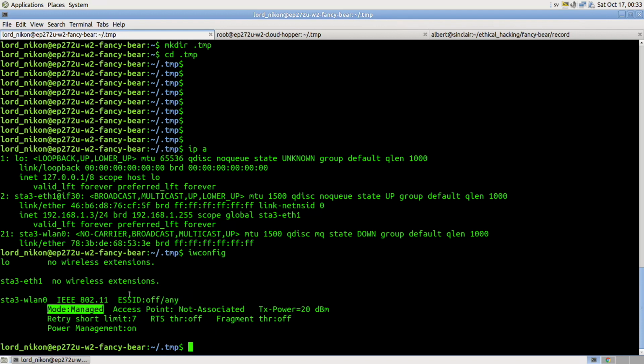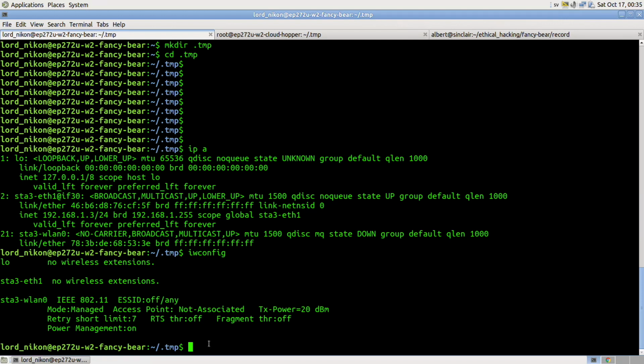So to be able to sniff packets, before we start, we must first put this in monitor mode. There are a number of ways to do that. You could do this with the iw command or with the airmon-ng command, or there are really a lot of ways to do it, but you can probably Google that too. I'm going to use the iw command,